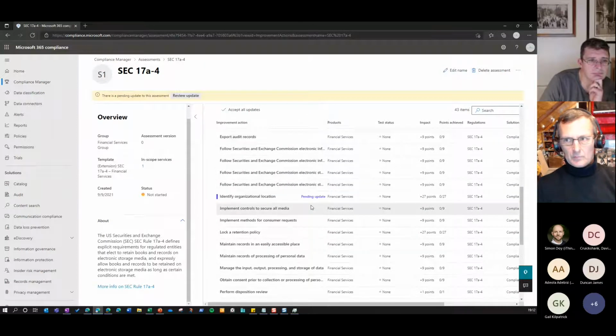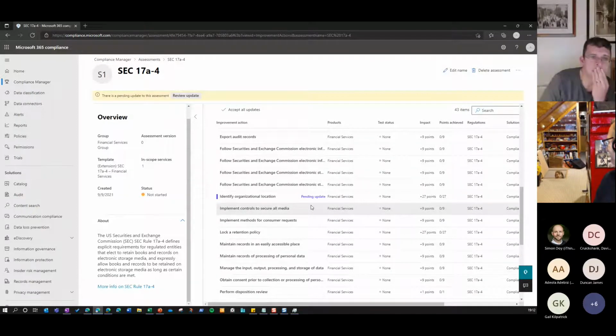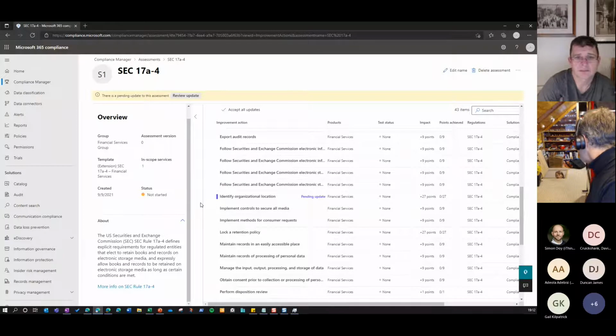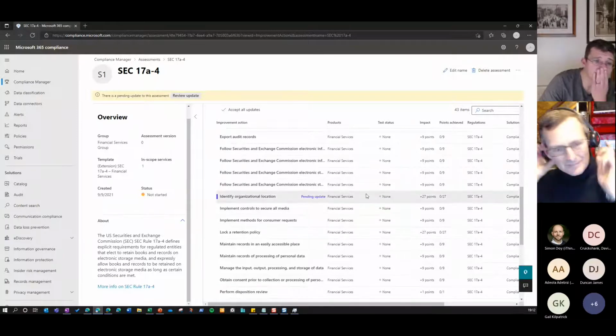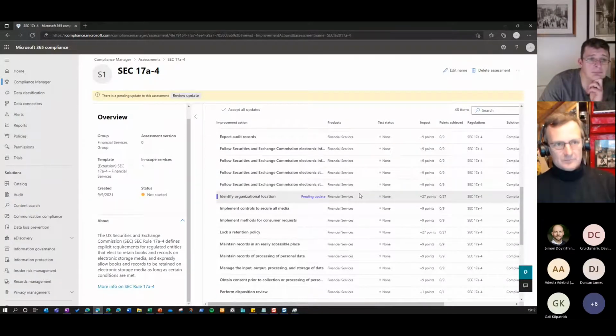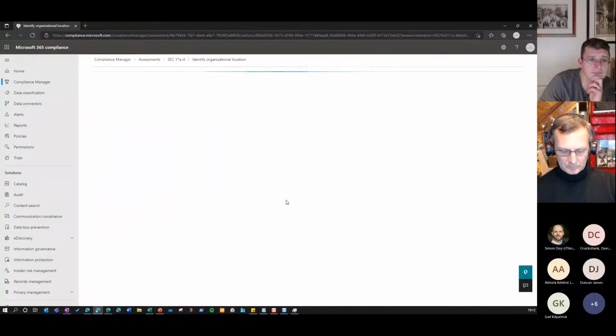The good thing about these as well is that when the configuration or the solutions change in the background, or when the regulator changes items in the background, Microsoft's legal teams will take that on. That will then be filtered down into the configuration steps themselves, AKA the improvement actions, for you to have the opportunity to update that particular item. So if I click on this one now,